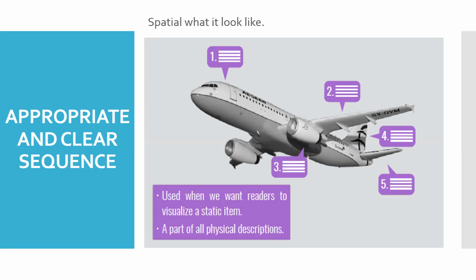Most of us know many names, or we know how it is divided. What is what? This is the cockpit where the pilot sits. This is the area where the passengers sit. This is the area where the luggage is stored. This is the part of the plane which helps it to fly, etc.